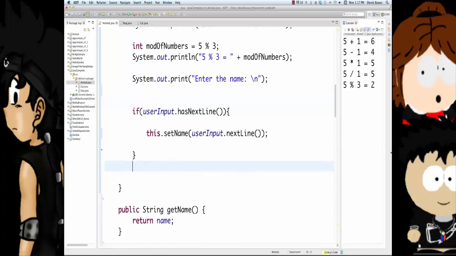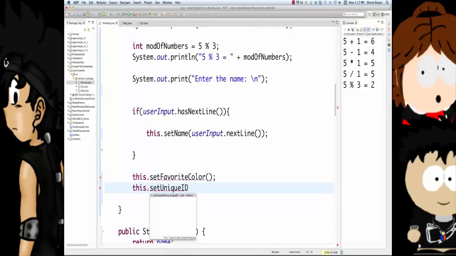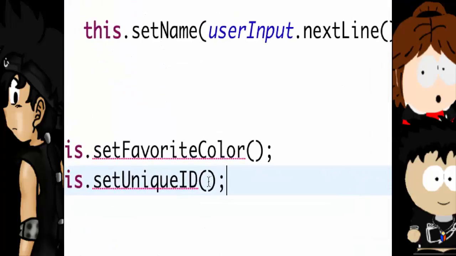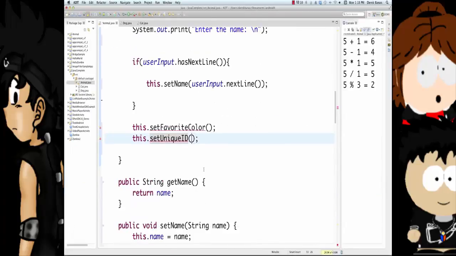Now what I'm going to do is a couple little weird things just so I can demonstrate all the other things in Java. I'm going to go set favorite color, and I'm going to do some weird stuff in there. And this is how you call a function, of course. Set unique ID and call that as well. But in this situation, I'm going to get rid of that, even though it's going to cause an error, because I'm going to create my own version of set unique ID in what's called method overloading, which just means that there's different types of attributes or data that you can send through here. So if you have multiple different versions of this function, however, the attributes or the data it accepts are different, you can do that. You can have the same function name and it doesn't cause any problem.